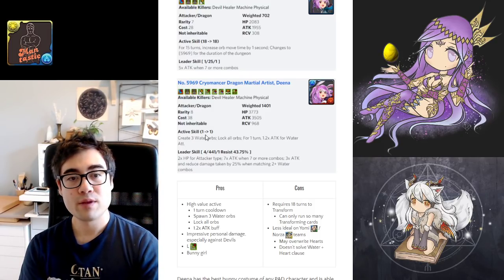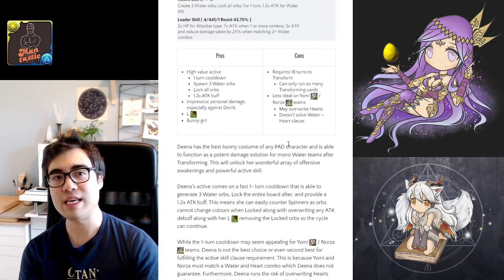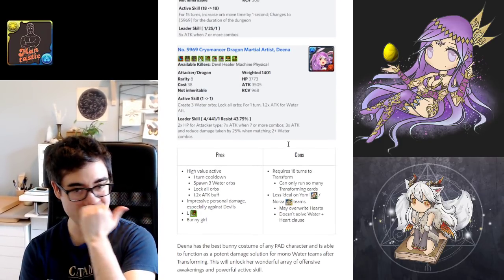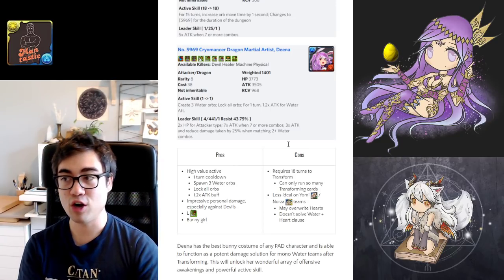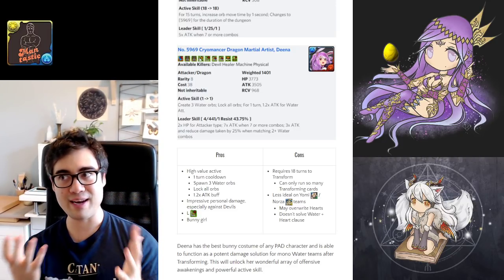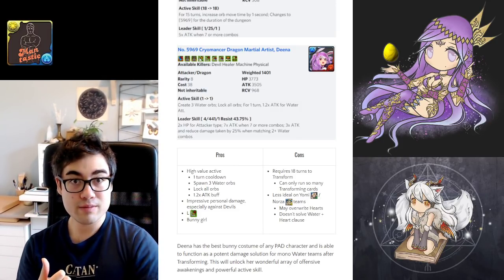So you might think, well, this 1-turn cooldown is going to mean that my Yomi Norza teams are going to be super happy with this, but unfortunately, Dina is definitely not the best choice, and not even the second best choice for Yomi Norza teams, because Dina has an active skill that, while it makes water, does not make hearts, and it will also potentially overwrite hearts. And if those heart orbs get overwritten, you can't get your damage reduction, you're probably going to die. So using Dina as a sub is possibly going to be a liability,